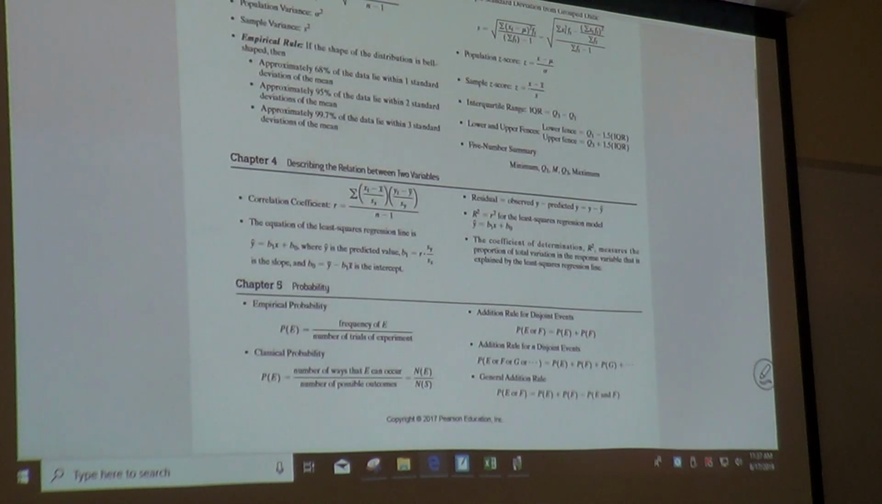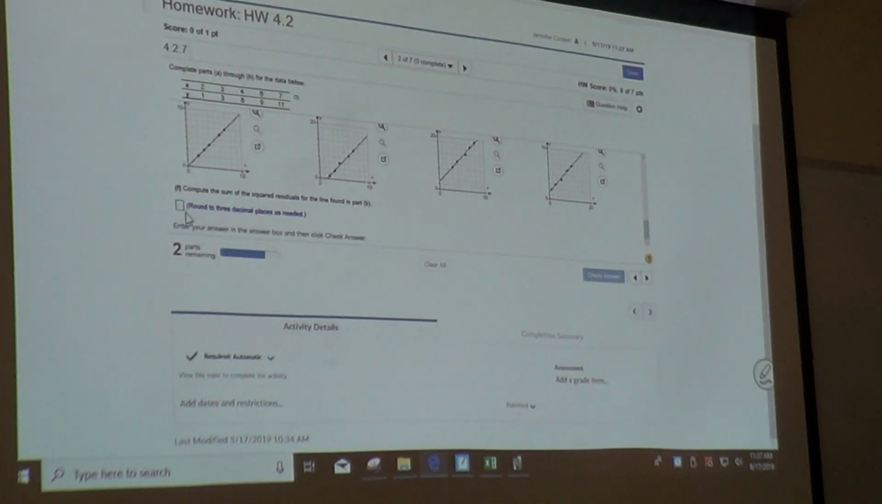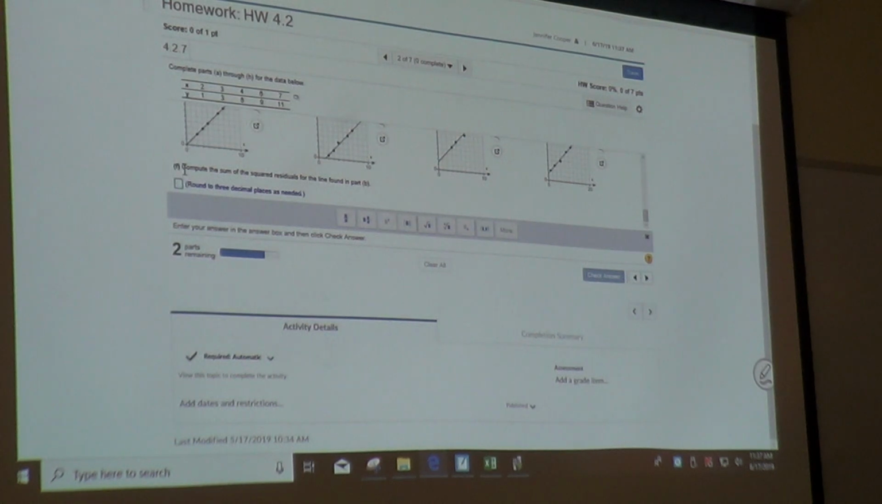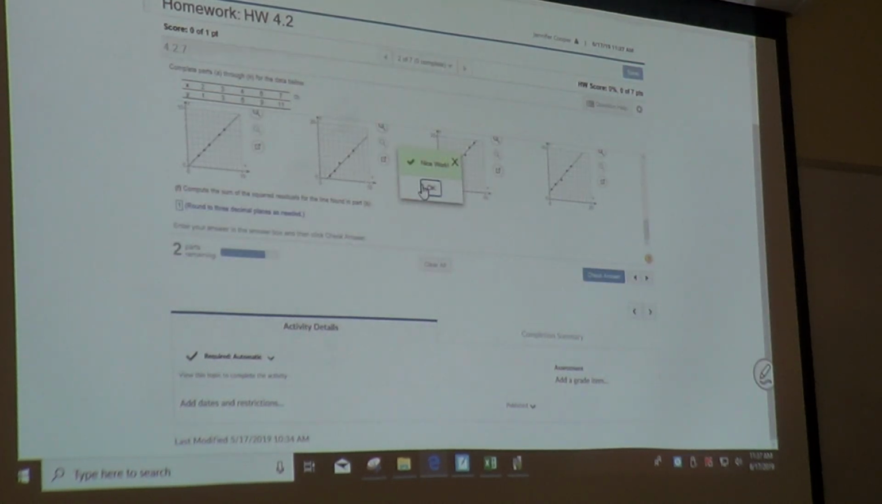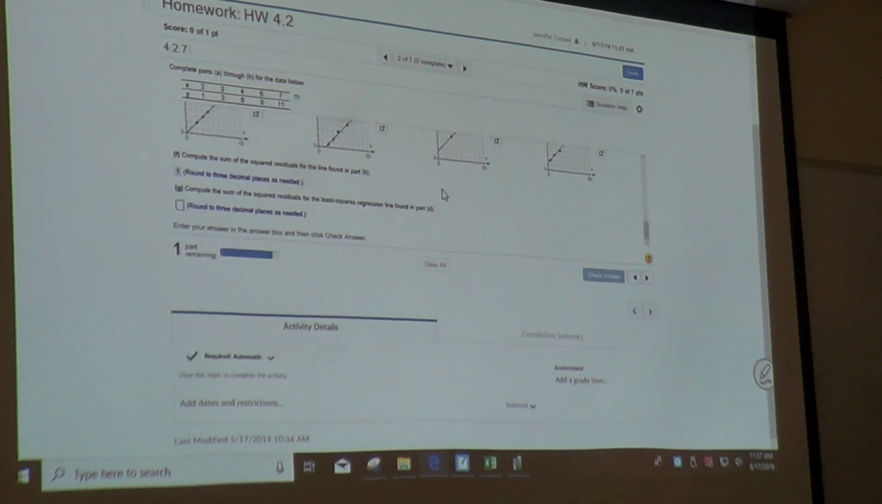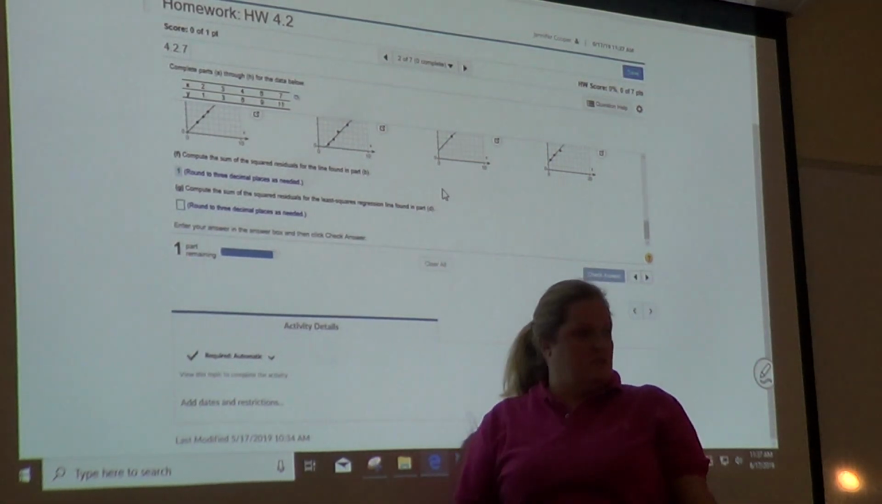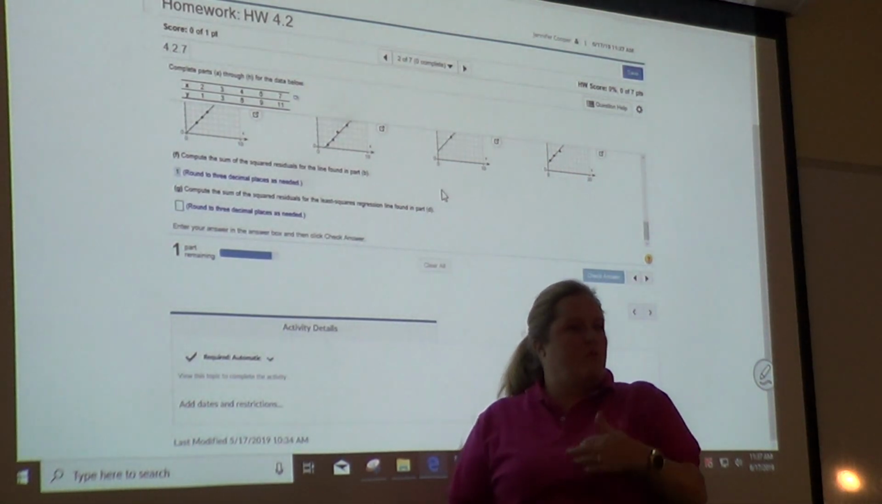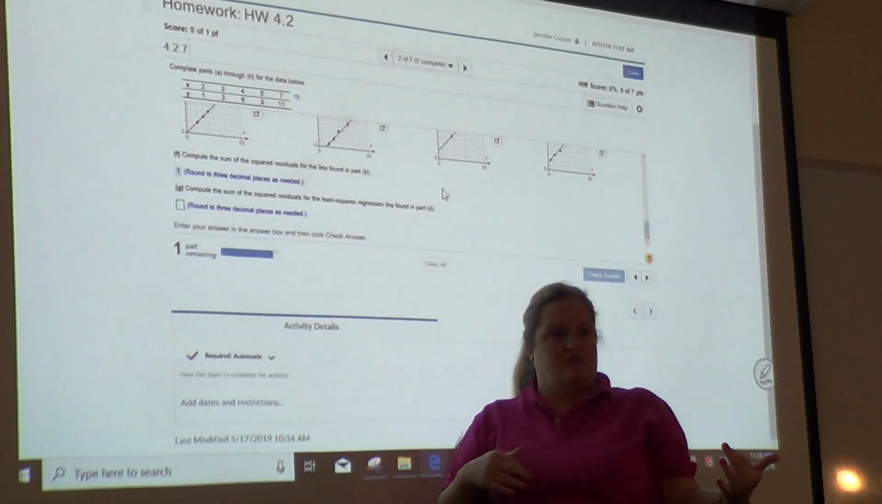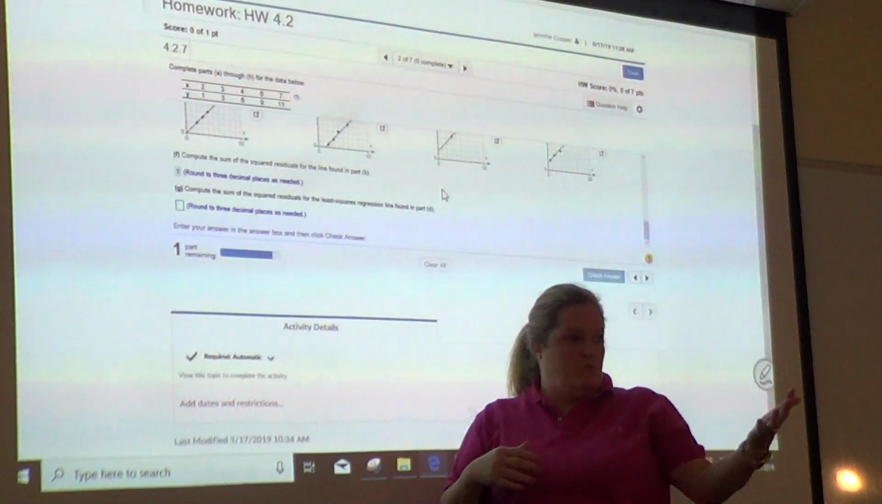My little problem. We're almost done with this one. Now they want us to compute the sum of the squared residuals of the other equation. So where are we going to have to go to get the other equation? Go to the stat